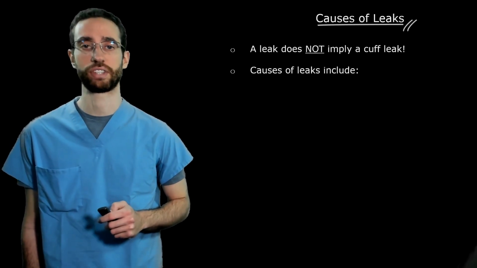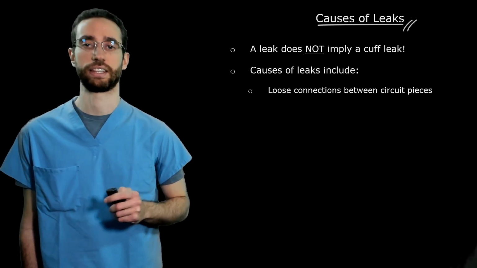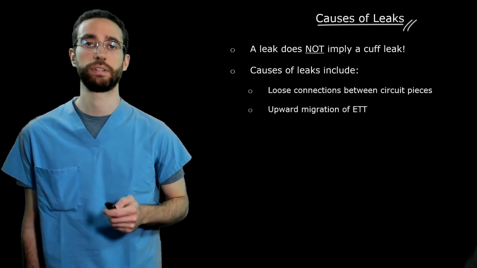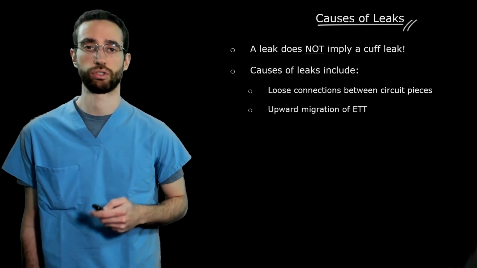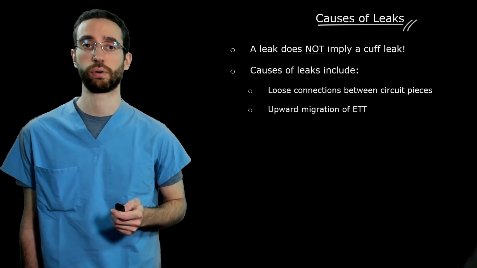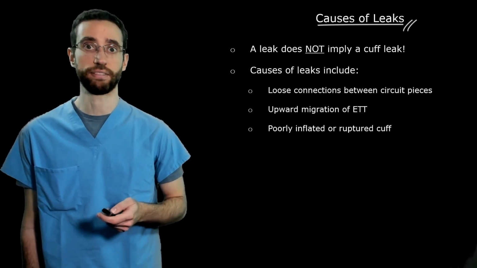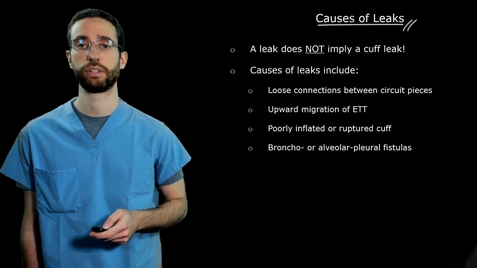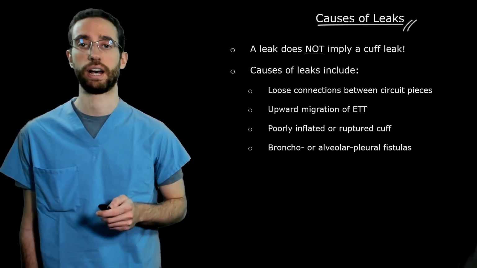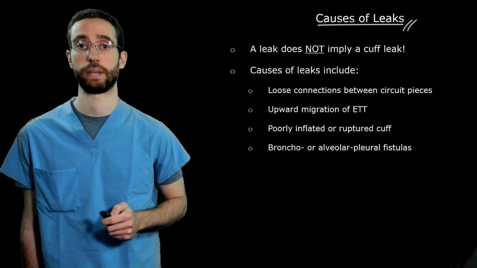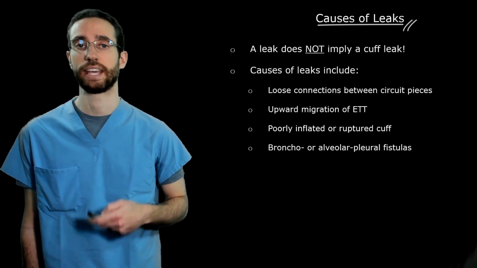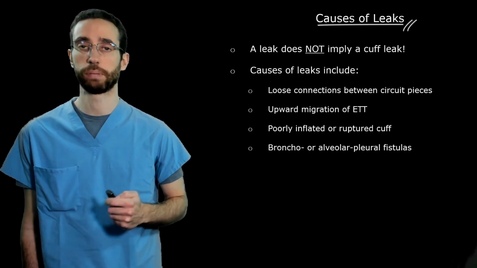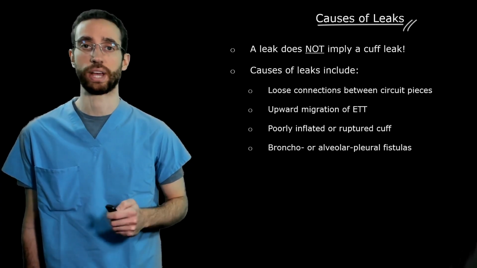Leaks can arise, for example, due to loose connections in the circuit. They can arise from an upward migration of the ET tube, so the cuff is herniating through the cords, a poorly inflated or even ruptured cuff, or from a fistulous connection between the airways or alveoli and the pleural space. In this last case, a leak is generally more obvious when the pleural space is being evacuated by a chest